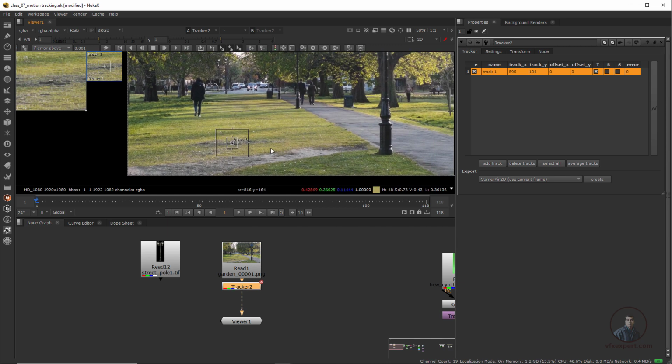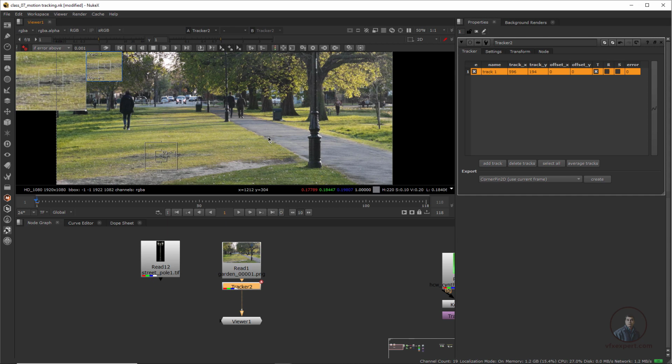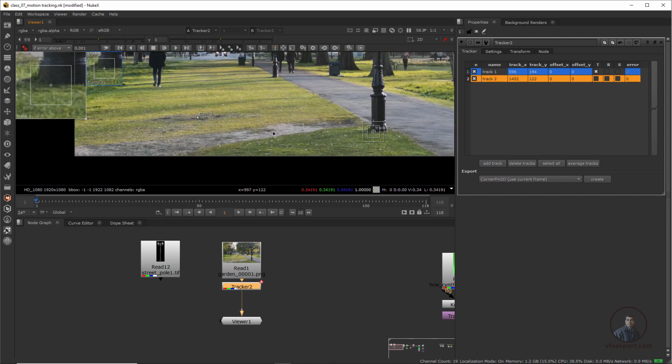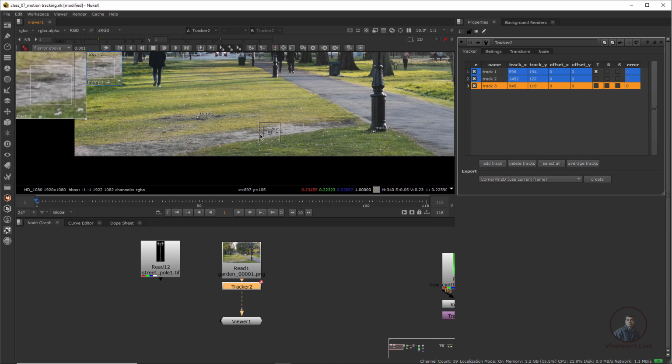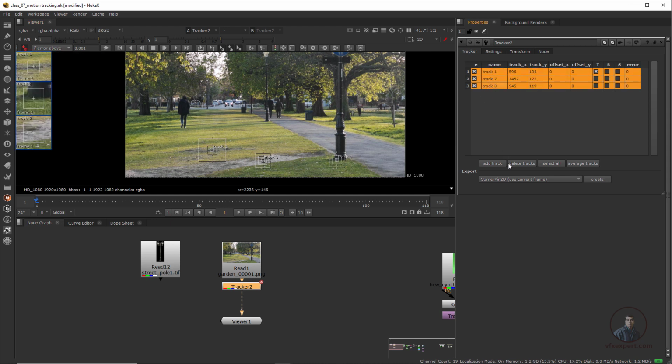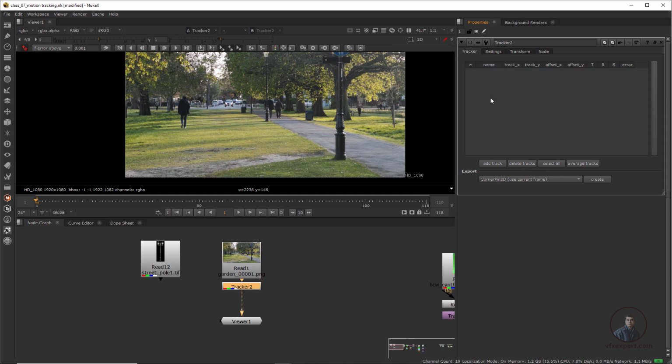The second option for adding a tracker is in our viewer: the first option, which is our add track option. Simply click it, then click directly on the point you want to track. Suppose I want to track this point, just click it here, and like this you can add many trackers on your required positions. Then, suppose you want to delete all these trackers: in our tracker tab, simply select all these trackers and at the bottom you will get the delete track option. Simply click on delete track. This will delete your selected tracks.